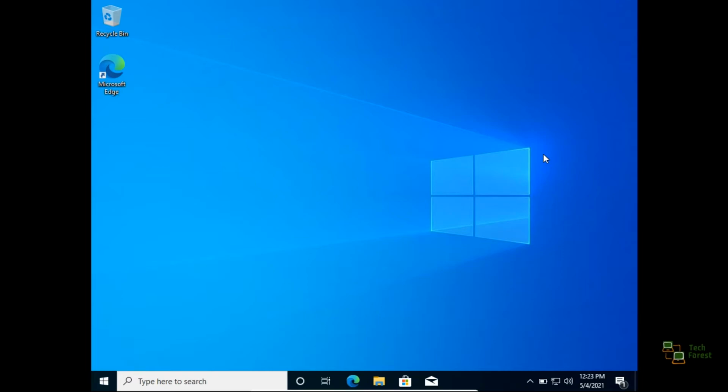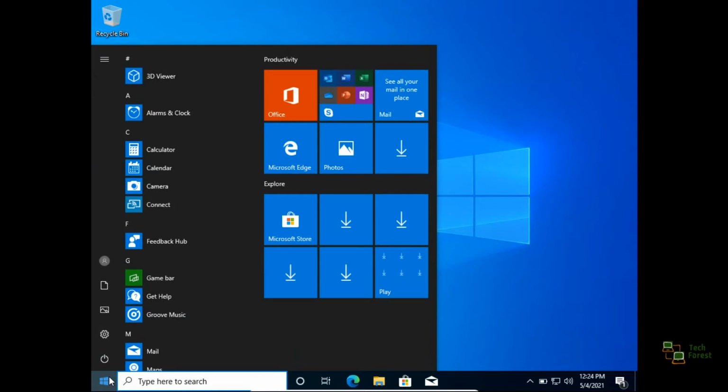My name is Bhavesh and today we will see how to disable the shutdown option from Windows 10. In my scenario, I have provided one server to a remote user and I don't want to provide a shutdown option to the user, because if the user shuts down, it may create issues. So your scenario may be different, but the solution would be the same. So let's see how we can disable the shutdown option so that the user cannot shut down the machine.